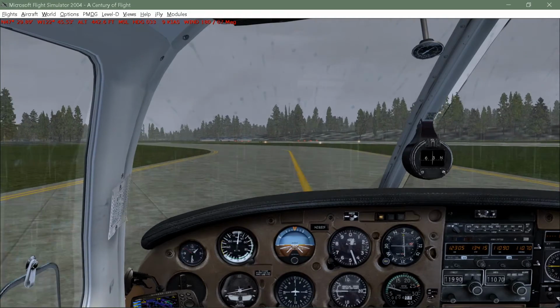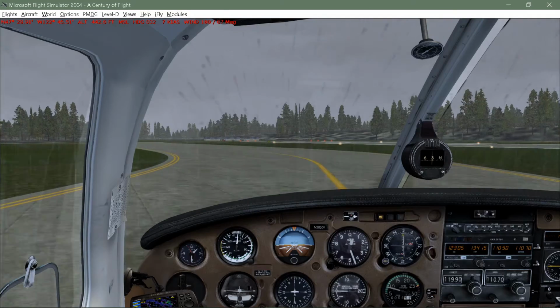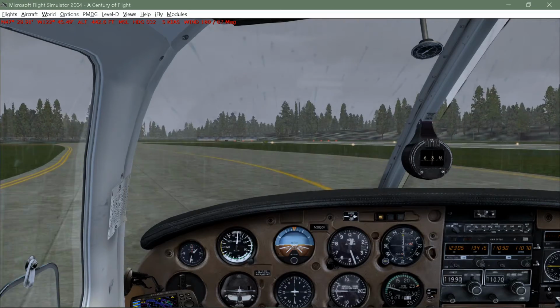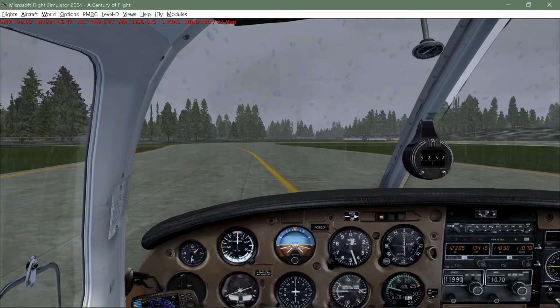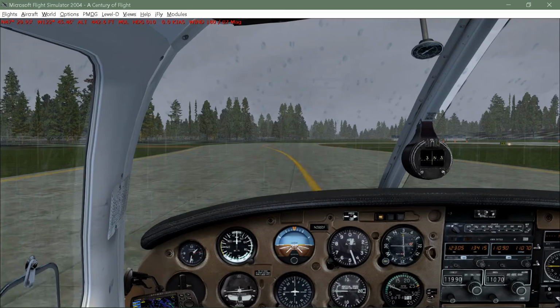We're taxiing just a little fast here. Okay, so for any newbies that are out there, you hear me saying that we're going to be flying IFR. That stands for Instrument Flight Rules. Right now, the weather is not good enough to fly under what's called Visual Flight Rules, so we're going to be adhering to a much